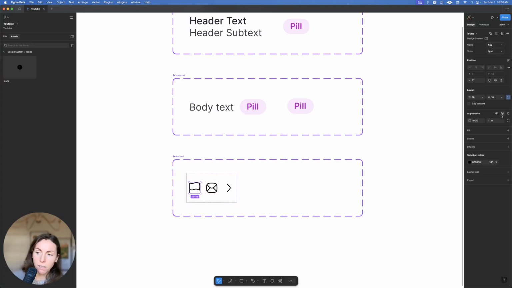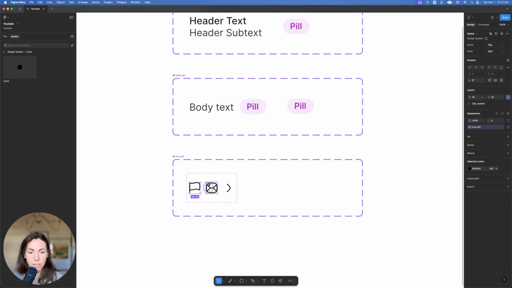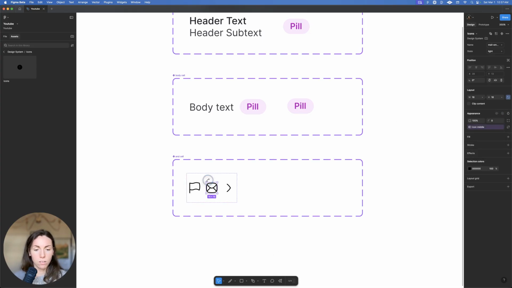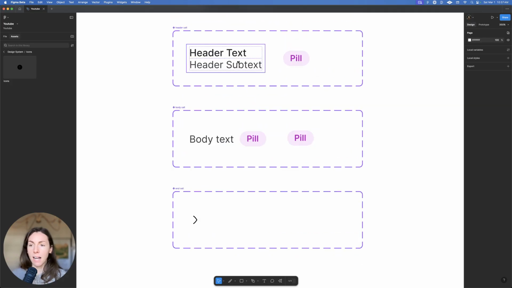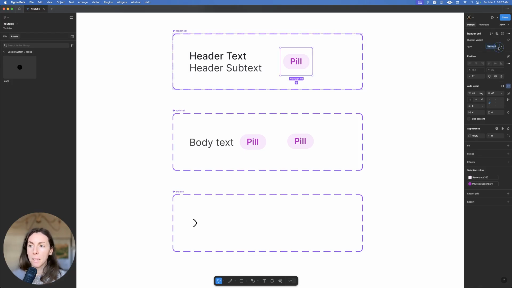So these 2 icons, I'm going to name this icon left. I'm going to name this icon middle. Also to note, I should turn these off by default or hide them by default. Command-Shift-H. Now, last but not least, let's name these properties and variants. Our property is called type. This is going to be called text pill. And by doing this before I duplicate, I could have made my life a lot easier, but now, you know. Type